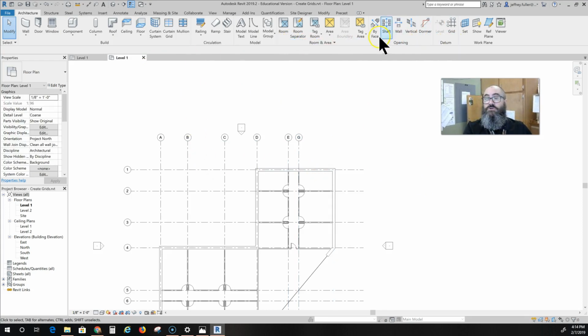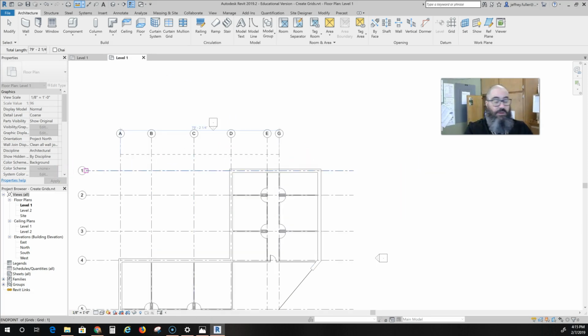And we're going to measure from this grid line to this grid line. And we get 79 feet 2 1/4 inches. And that will be